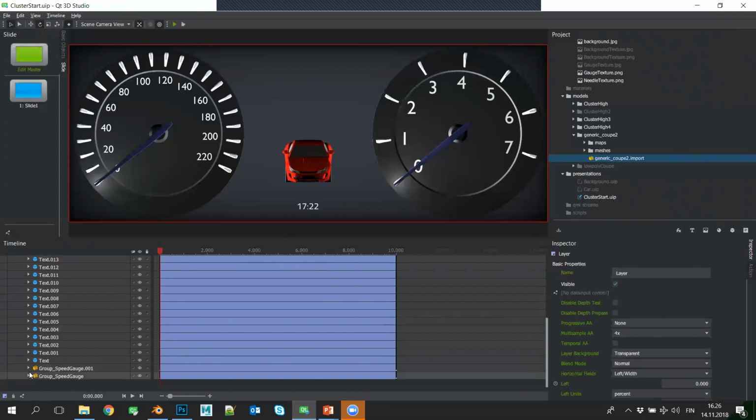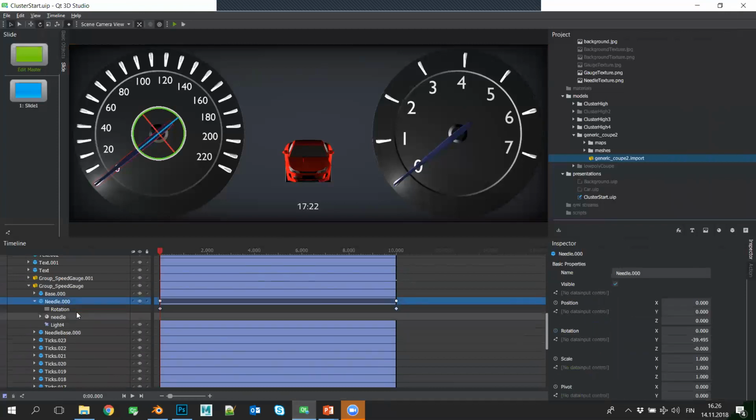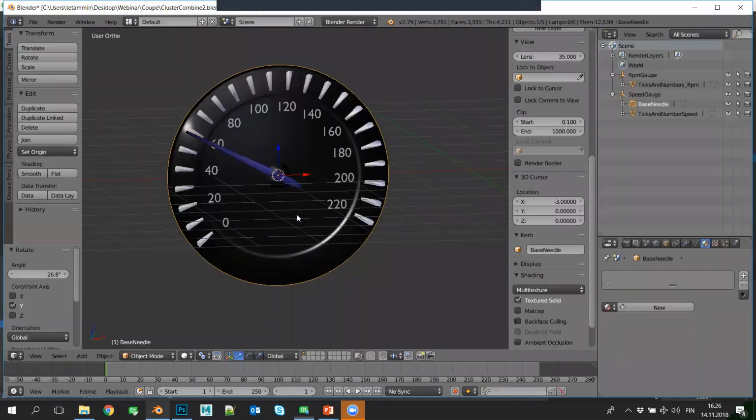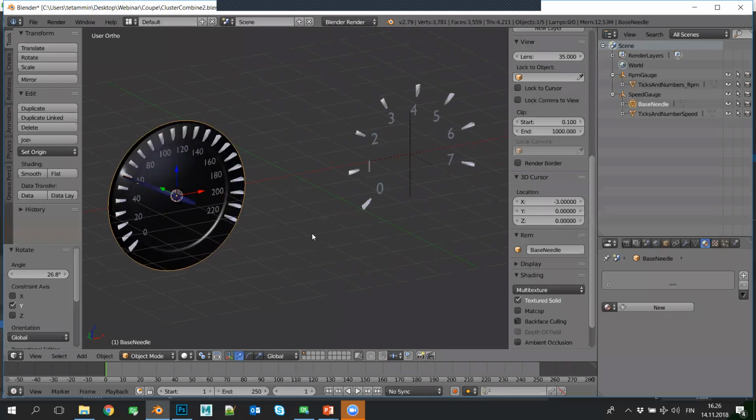So we can find the speed gauge here, and then somewhere under here is the needle, and under this needle there's light, actually real-time light that's affecting the lighting of all the pixels in the scene. So baking that information into texture will allow us to remove those lights from the scene, and also in the other example of the instrument cluster we had